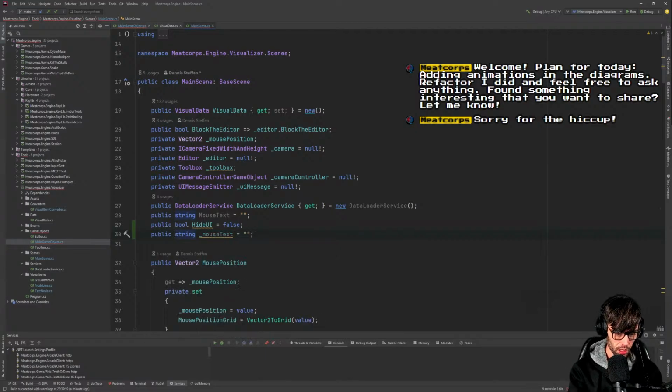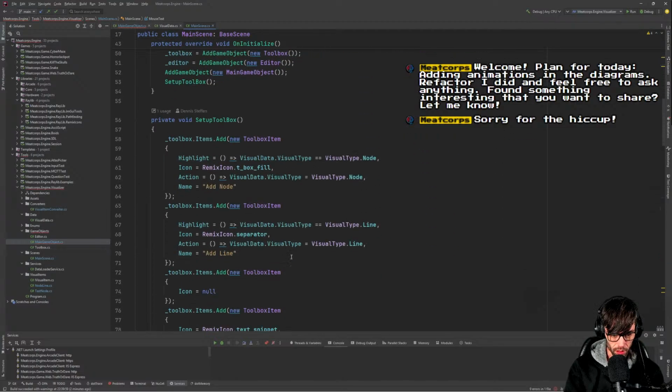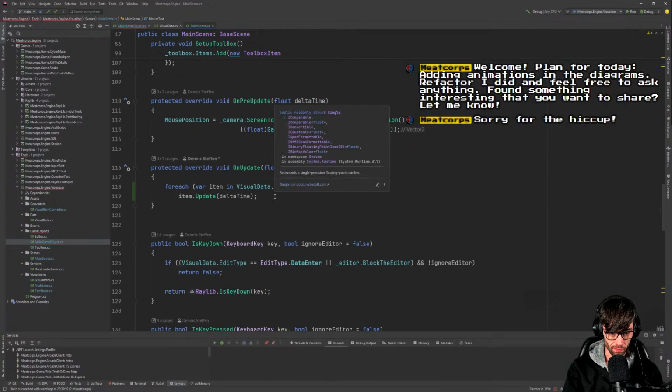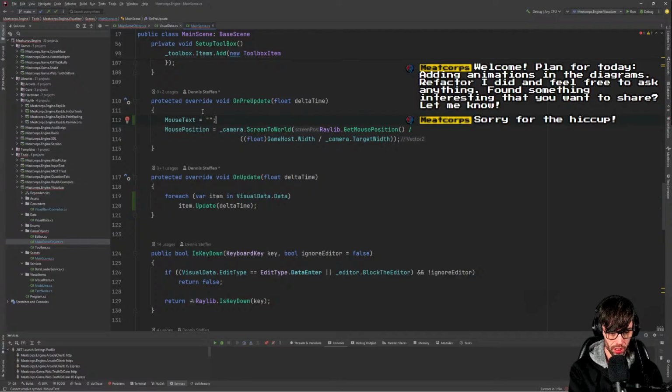Public text. Yes, oh wait, I already put it there. Nice. So interesting. Get set, and this one is equals, and we are putting it to mouse text is empty,